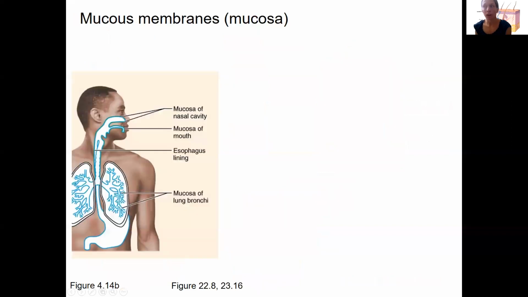So mucous membrane, also called mucosa. So you'll see in your book, the mucosal layer, that's referring to the mucous membrane. This is located everywhere that lines the body cavities that are open to the outside. What do I mean by that? I mean all these passageways here, your nasal cavity, your respiratory passageways, your oral passageways, lungs, stomach, and the rest